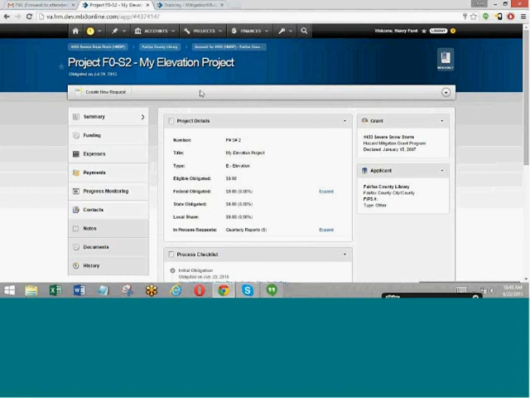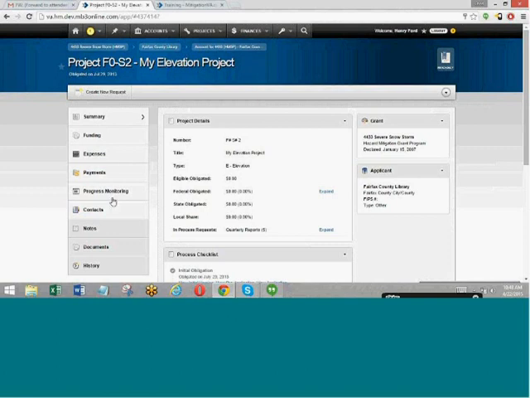Then you have this gray action bar. We call it an action bar because all the buttons are on there that you can actually take action on. Depending on where you are in the system, different buttons will show, and depending on permissions and things like that. But that's where all the action takes place, on that gray action bar.